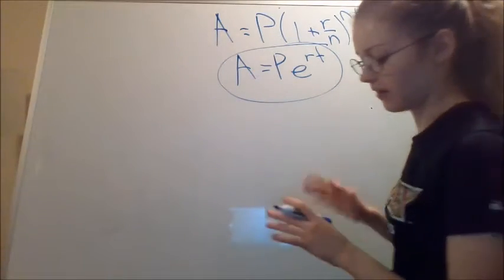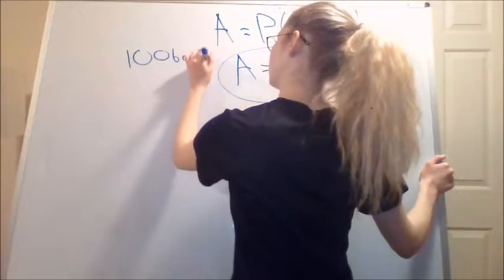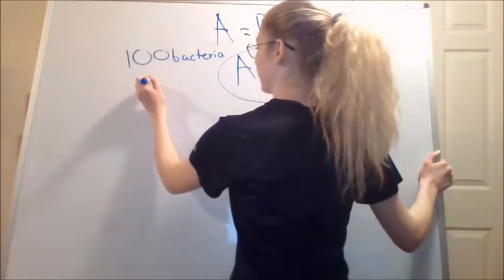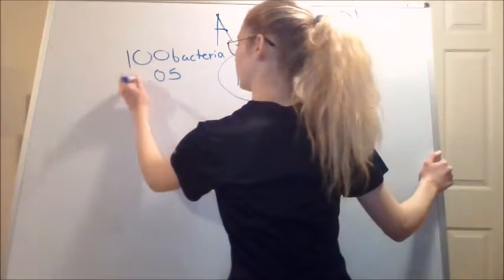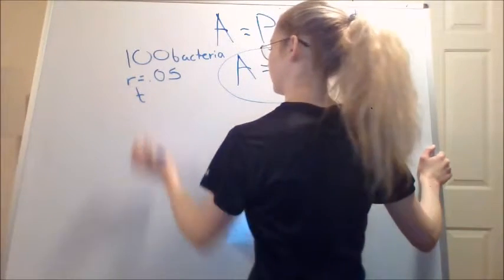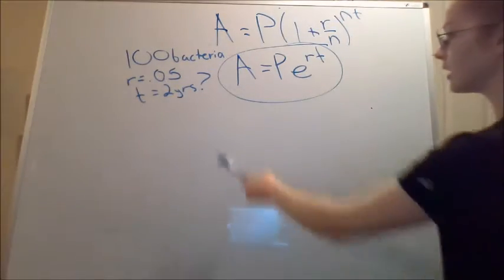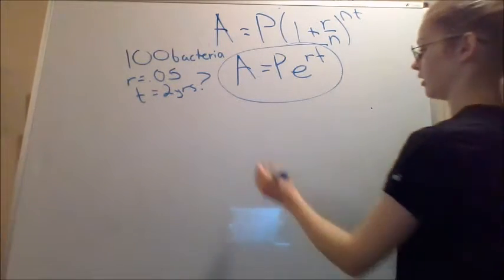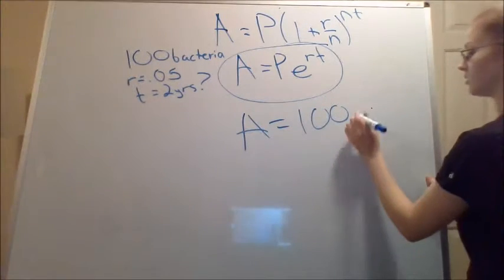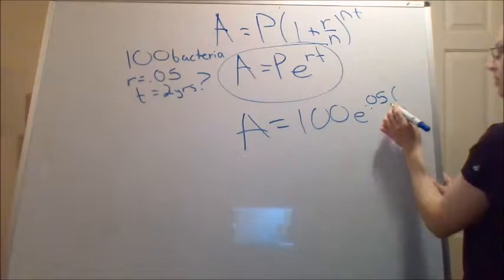So let's say that we have 100 bacteria. And these bacteria have a growth rate of 5%. And we want to know how many bacteria there are after 2 years. And so all we got to do is plug into our PERT formula here. We say that A equals our initial amount, 100 bacteria, times E to the power of 0.05 times our number